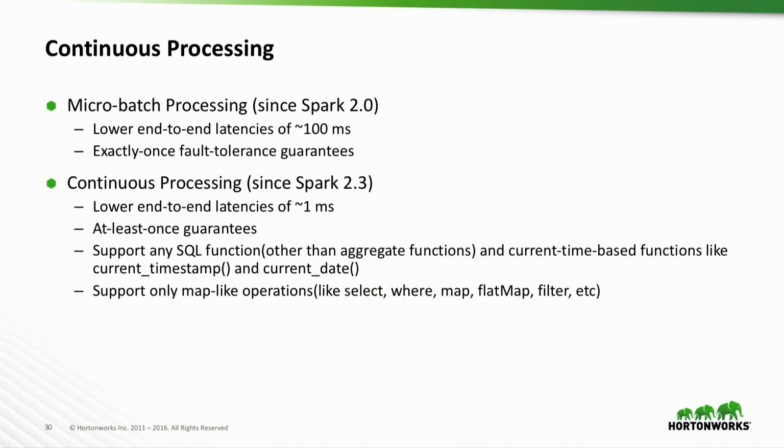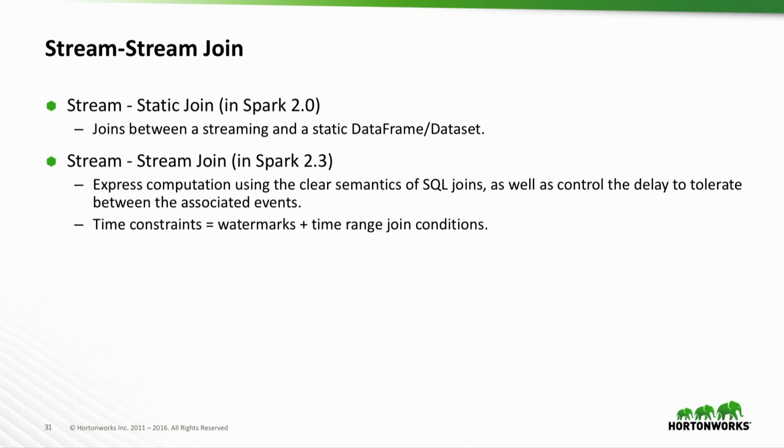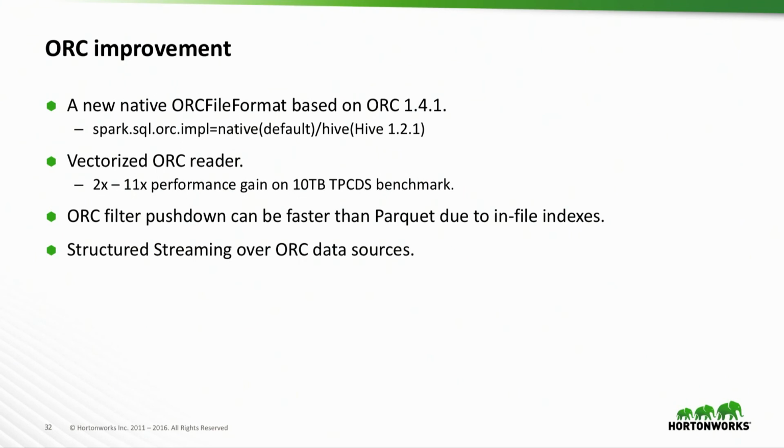Since events are processed and written to the sink as soon as they are available from the source, the end-to-end latency will be milliseconds. And stream-to-stream join. Before 2.3, we only supported stream join with a static table, and we now support stream-to-stream join, but also with limitations. And the ORC improvement, you can get the details of the ORC in the afternoon's talk